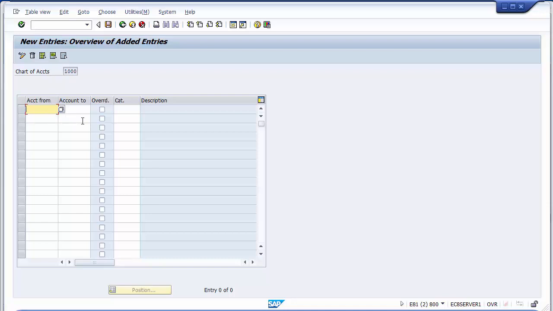There are two options: either fill it in manually, or go to the account group we just created and directly copy those numbers from there to here. So we'll be going to a new screen with this option over here. Click on this and a new session, a new screen, will be presented. Going to the new session,